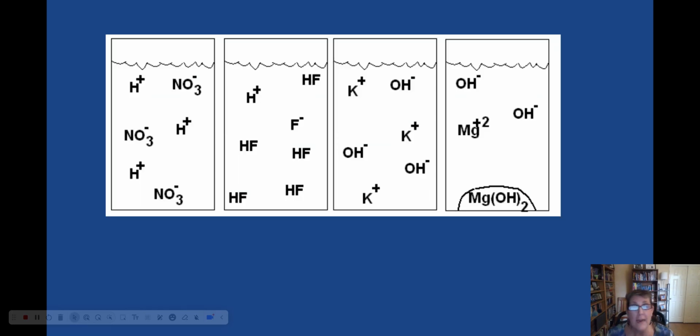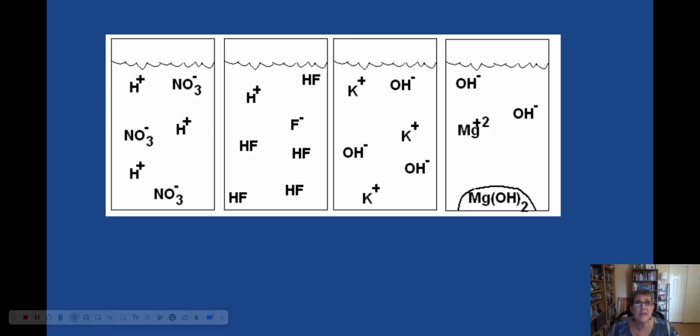The HNO3 is an acid because it has an H in front. And that H pops off 100% because it's one of our strong acids. So the whole beaker should have ions in it. H plus, NO3 minus, H plus, NO3 minus, H plus, NO3 minus. The second beaker is hydrofluoric acid, which is a weak acid. So most of it stays together, HF. So we have several HF molecules. Only one of them ionizes into H plus and F minus. Weak acid.